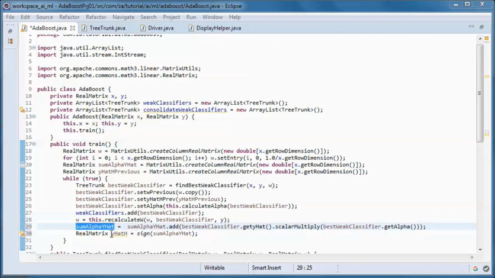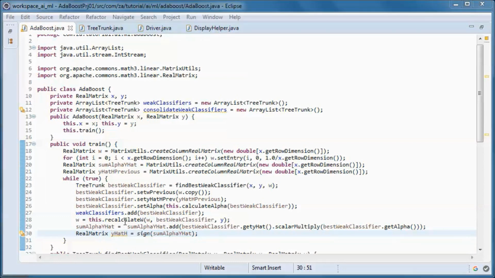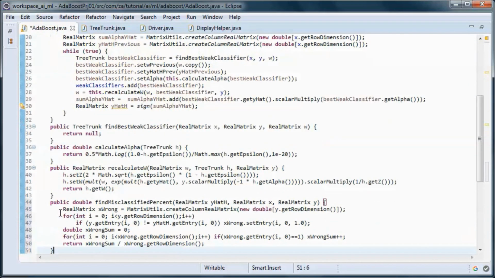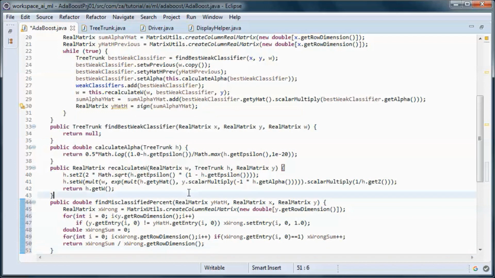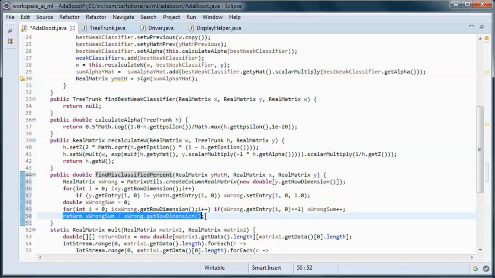So here y hat of the overall classifier is equal to the sign of the sum of alpha y hat. And this method finds the misclassified percentage of data items and returns that percentage.